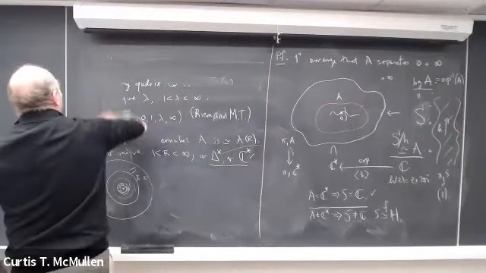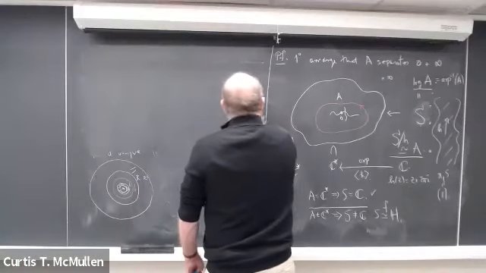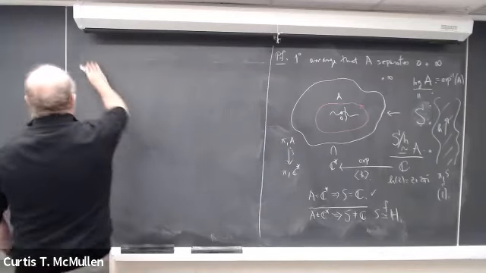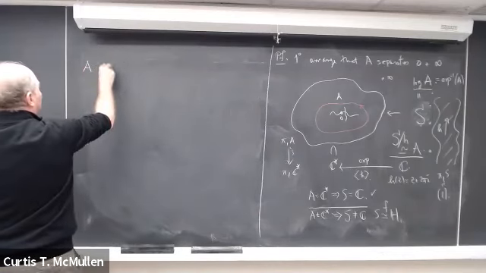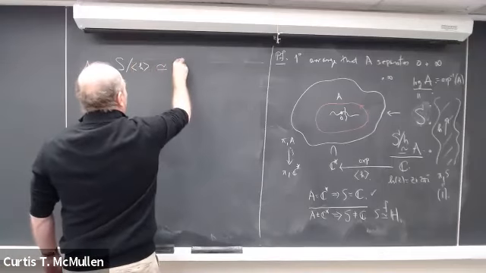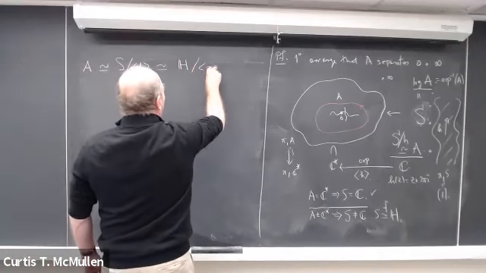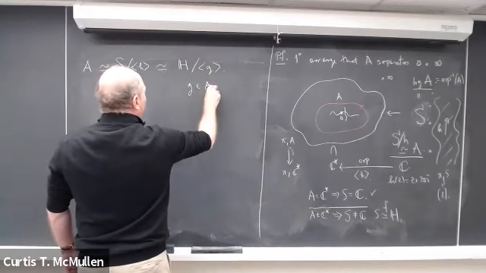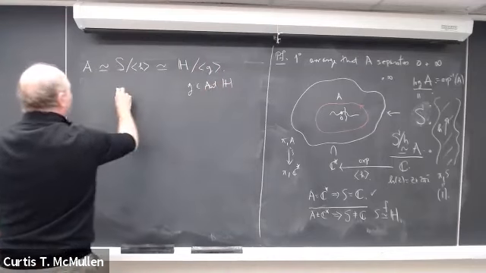And what that gives us, putting it together with the exponential map, is that we have A is isomorphic to S mod H, and then this is isomorphic to the upper half plane mod G, where G is now an automorphism of the upper half plane, because after all, little h